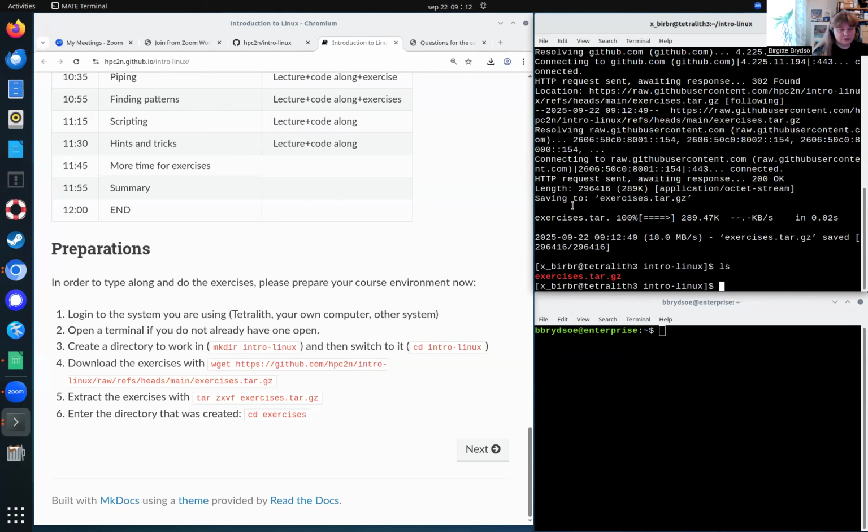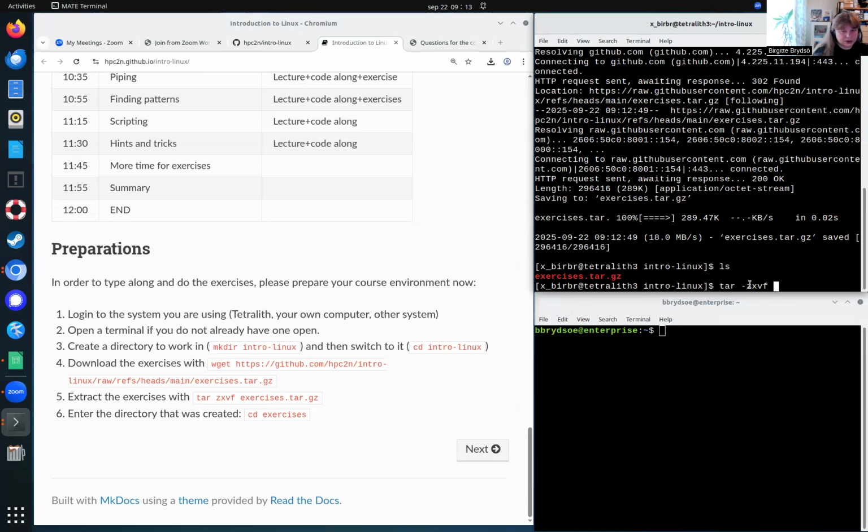I'll just show you. I got a file here. So I will now extract them. This is what is called a tarball, and it's gzipped to make it smaller. It is a way of bundling up files, I guess. These are just flags to tar. You can use the minus in front of it or not. It's not so important for tar. Usually you need a minus in front of it to show for the flags, the options.